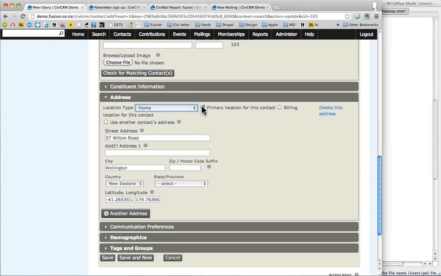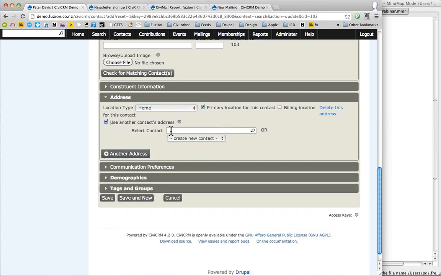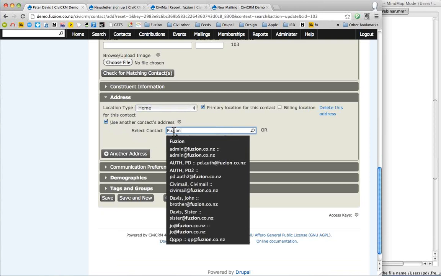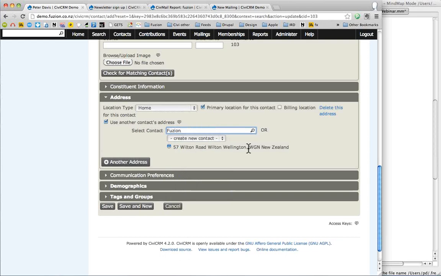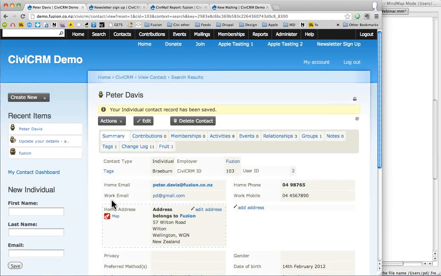Everybody who has an address must have one set to be their primary location. And we can also set it so that one record can share another contact's address. Therefore, if, for example, this contact was an employee of a company and I wanted to pull in the company's address rather than putting in this person's personal address, then I could pull in the address here, which I'm just about to do. And then if I save, when we look at the address on that person's summary screen,